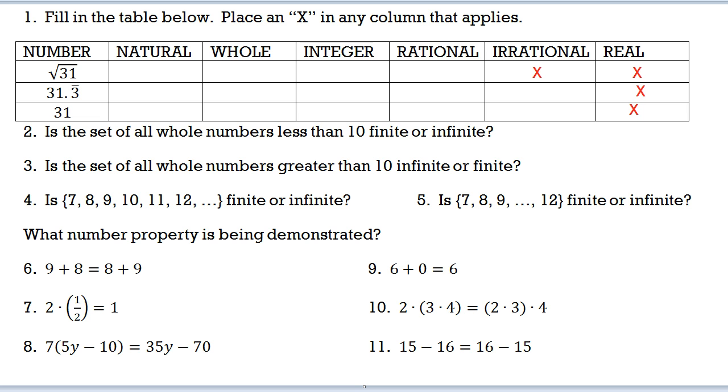Now, the next example is 31.3. But in this case, we have a line over the 3. That means it is a repeating decimal. Now, sometimes the first instinct is to say, hey, well, it's going to go on forever, so that must make it irrational. But the truth is, anytime you can write a number as a fraction, it counts as rational, whether that decimal repeats or not. Now, in this case, you might not have necessarily known this right off the bat, but if you were to take 94 over 3,